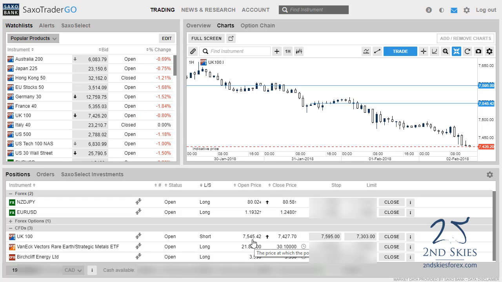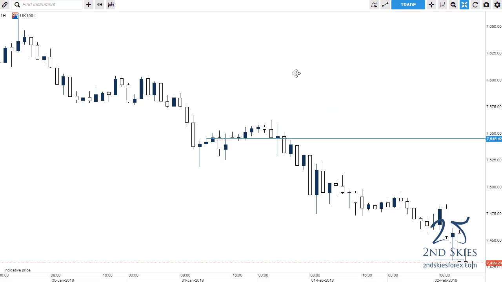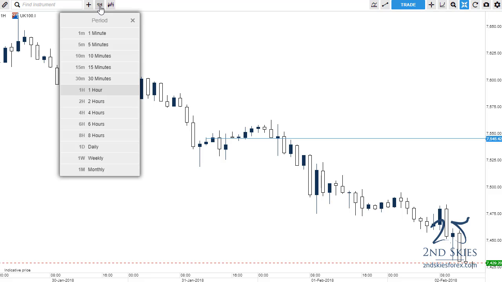Just for the details, I'm short at 75.45. My stop loss is at 75.95, and my take profit is at 73.03. So let's look at the chart. Okay, so what I've done here is marked a line where my entry is at 75.45. But what I want to do is briefly step back to the daily time frame and talk about